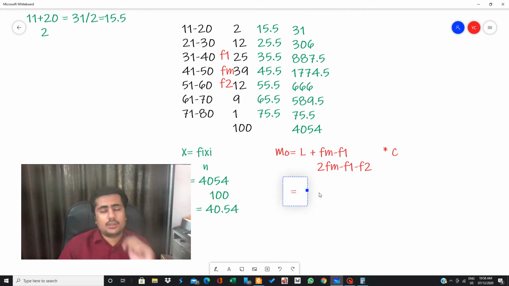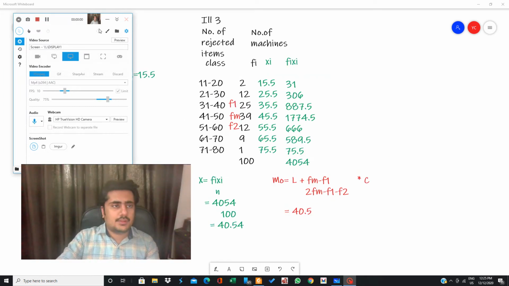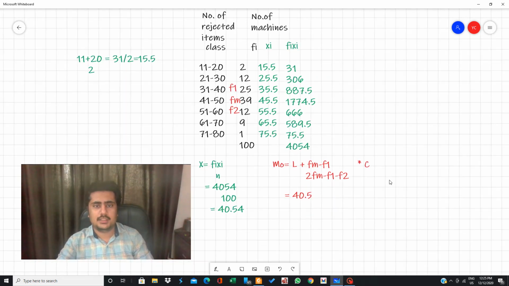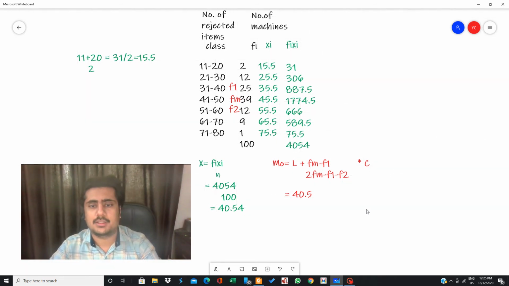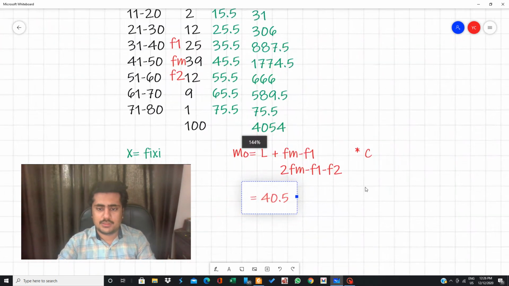Now what is your L? L is 41? Yes? No. L is not 40, L is 40.5. So our lower boundary is 40.5. Now what is my FM? FM is the maximum frequency. You can see here my maximum frequency is